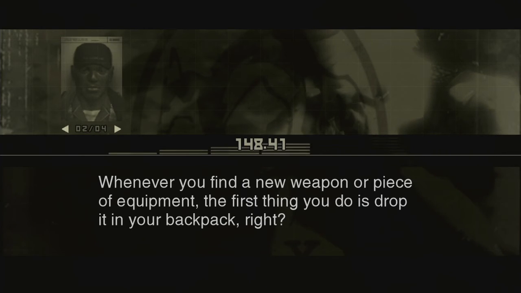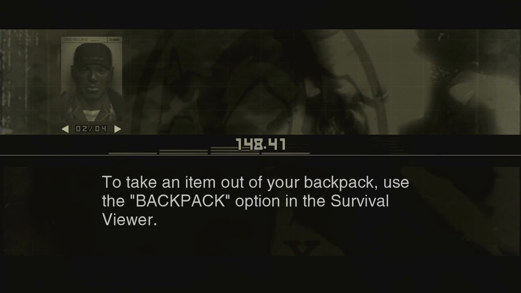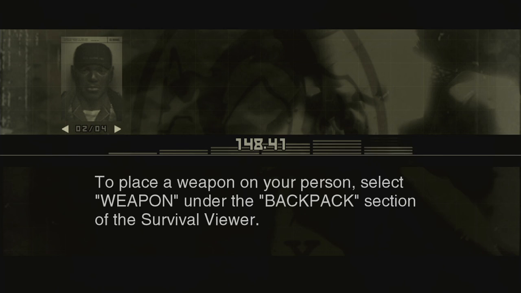Whenever you find a new weapon or piece of equipment, the first thing you do is drop it in your backpack, right? But you can't use your new goodies if they're just sitting in your backpack. To use a weapon or piece of equipment, first you have to take it out of your backpack and place it on your person. To take an item out of your backpack, use the backpack option in the survival viewer. To place a weapon on your person,